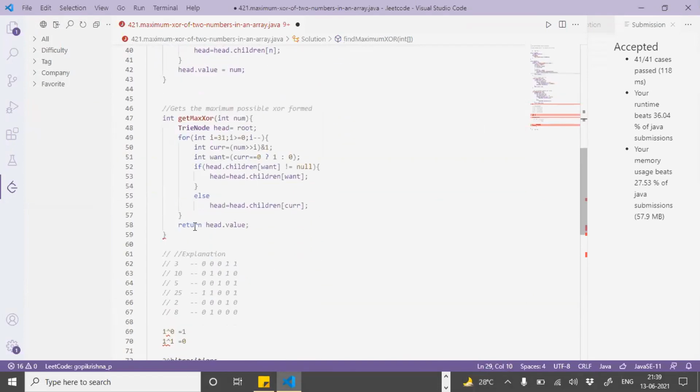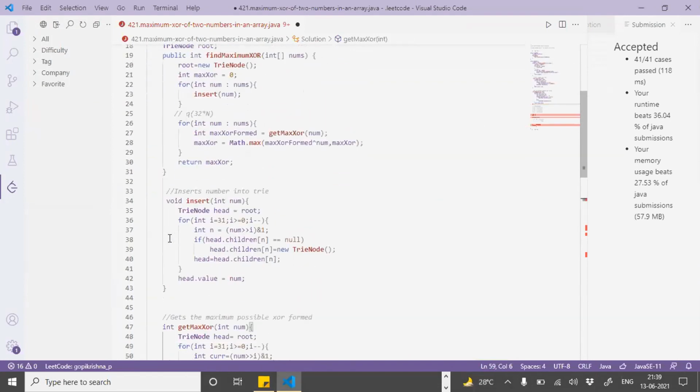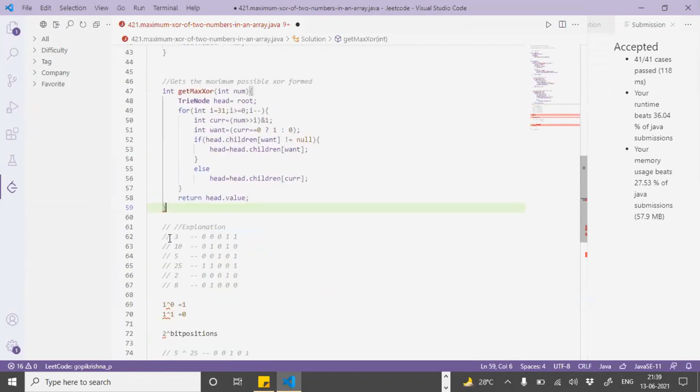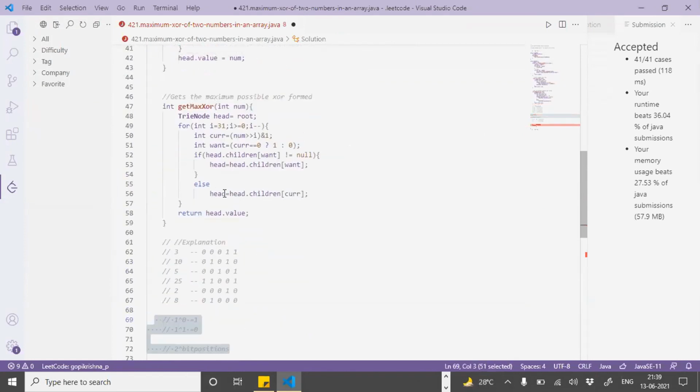One question, that makes sense. Can you come down, Gopal? Line 53 versus 56, what is the difference? Now I want a bit which is 1. I'm looking for a bit after negating, I'm looking for a bit which is 1.